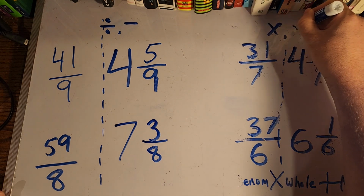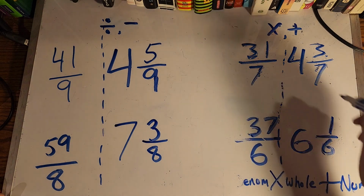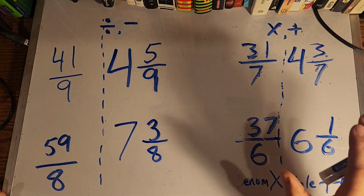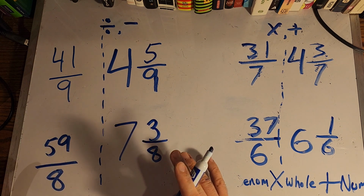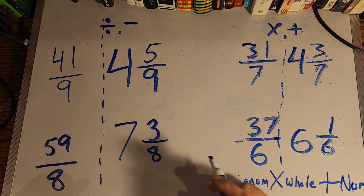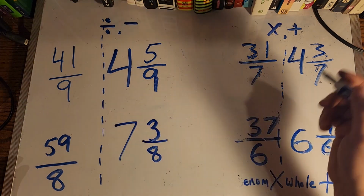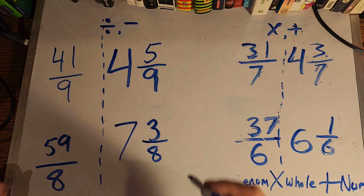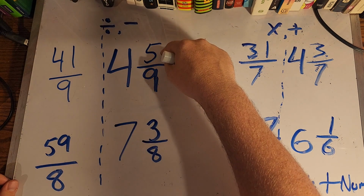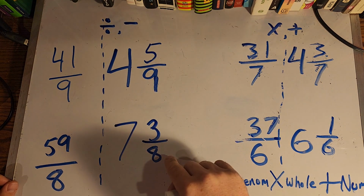I confess that the work on this side, once you get used to the rhythm of what you're doing, is going to snap by a lot faster. This side requires a little bit more brain power, but if you want to use a calculator, just use it wisely. If you want to write out the times table or consult with a times table, you should do it, right? What's important here is that this number is smaller than this number, and this number is smaller than this